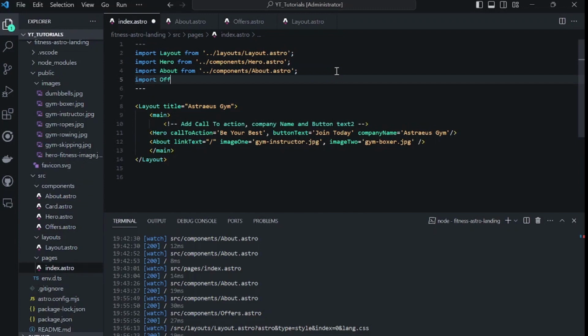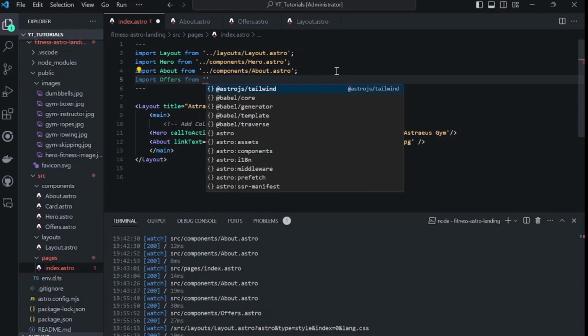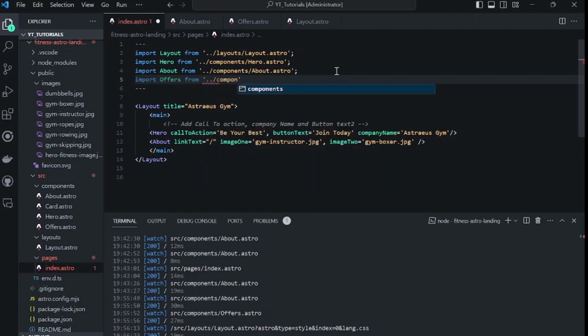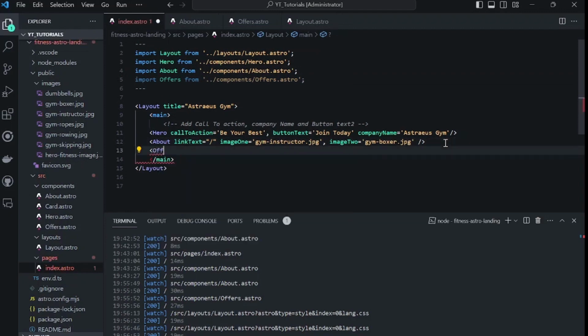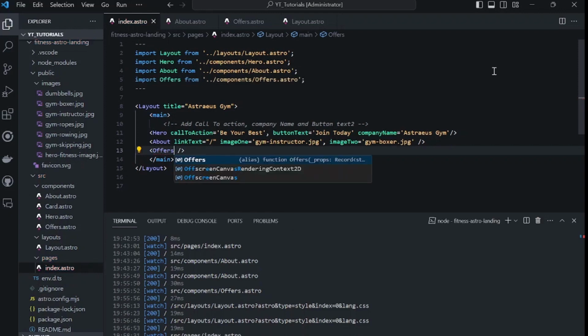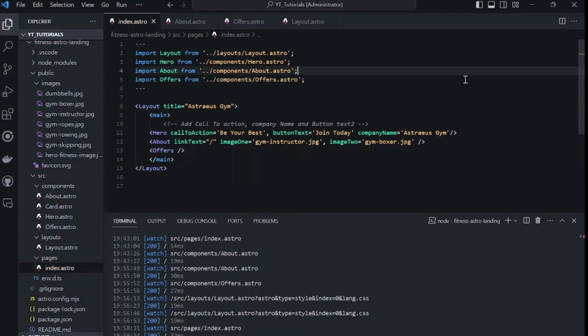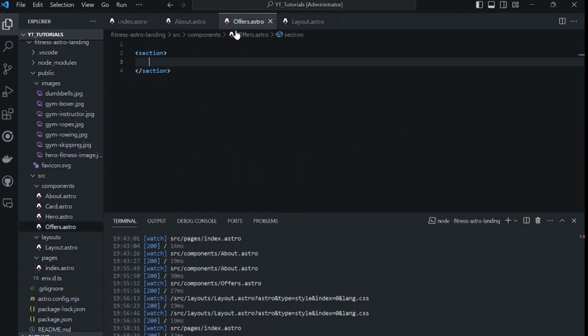And it's called offers from components slash offers.astro. There you go. Sometimes it does it, sometimes it doesn't. And we're not going to put anything customizable yet. We'll just make the offers first, and then we'll see what we can edit. So we'll save that, and we'll go back to the offers area,